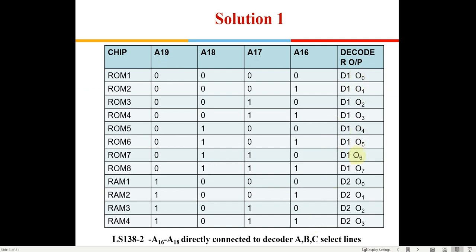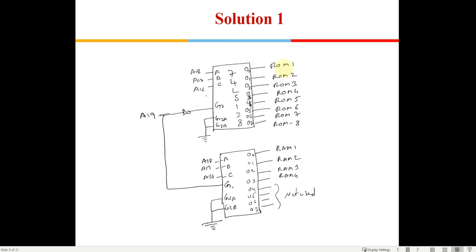So the first 8 lines are coming out from D1, and the rest is coming from D2. Okay, is this table understood? I have just made it plain and simple. 0 1 2 3 4 5 6 7 8 up to 12 I have written, right, and from D1, and then I am taking only 4 from D2, because D1 gets exhausted at 8, and subsequently I have taken it from D2. So I can make a simple ROM 1, ROM 2, ROM 3 up to ROM 8 from